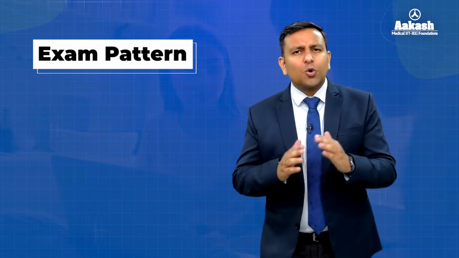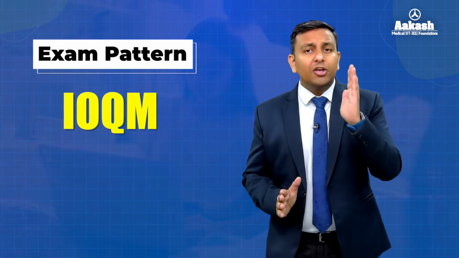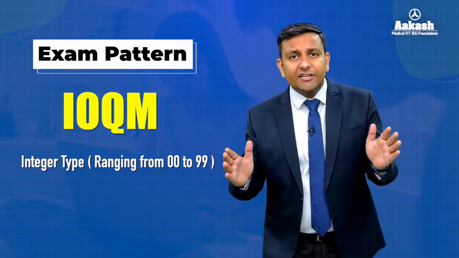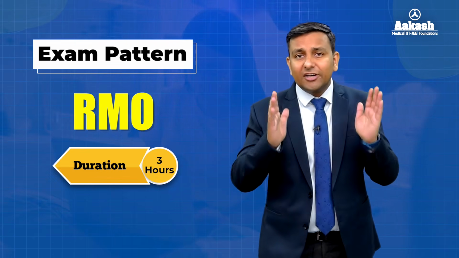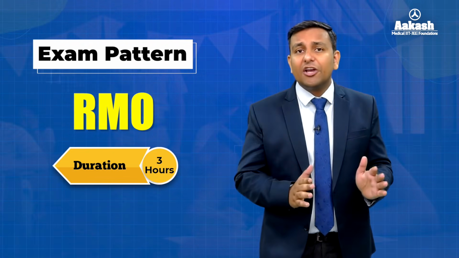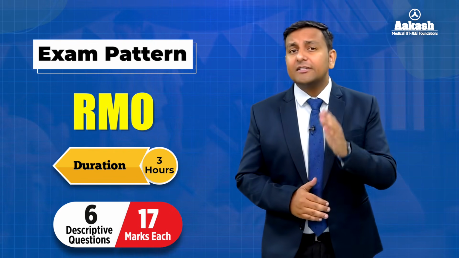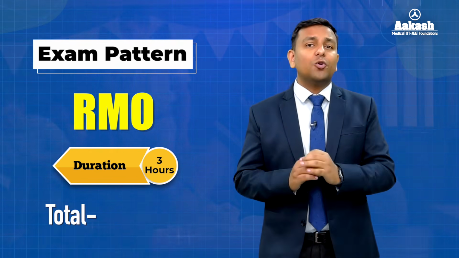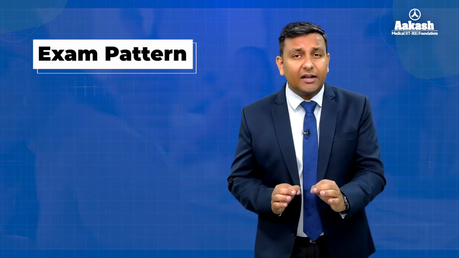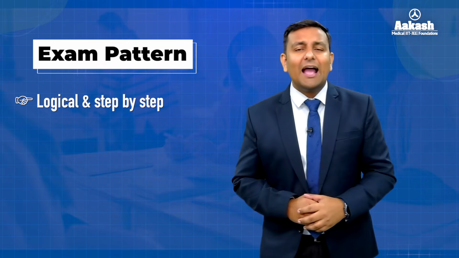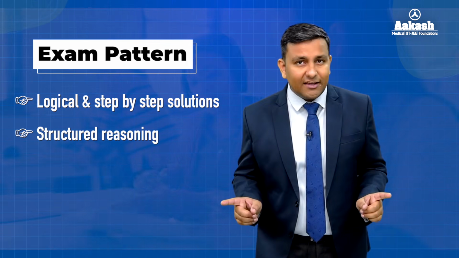The RMO examination is quite different from IOQM. Because in IOQM, you have to write the answers in integers from 00 to 99, while in RMO, this is a 3-hour subjective exam consisting of 6 descriptive questions, where each question carries 17 marks, making the total 102 marks. And in the RMO examination, students are expected to present a logical and step-by-step solution of each question with structured reasoning and